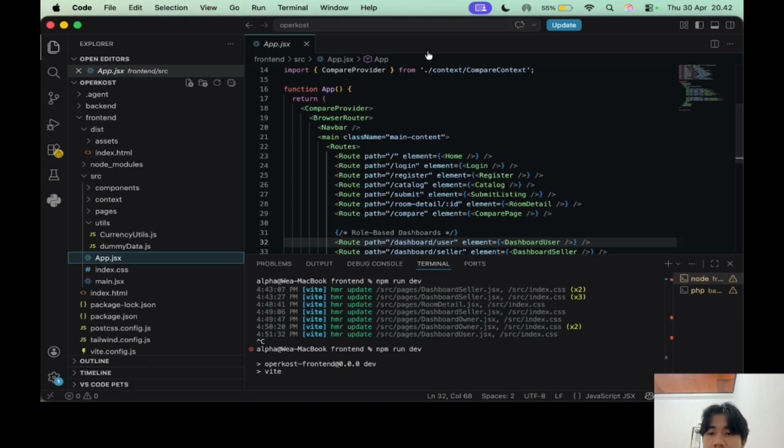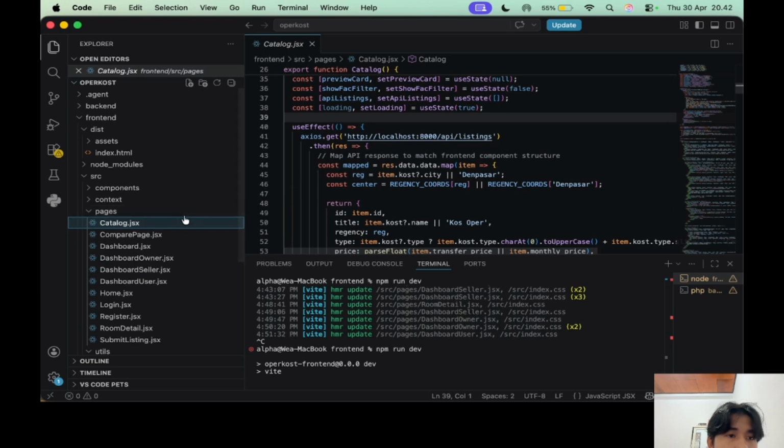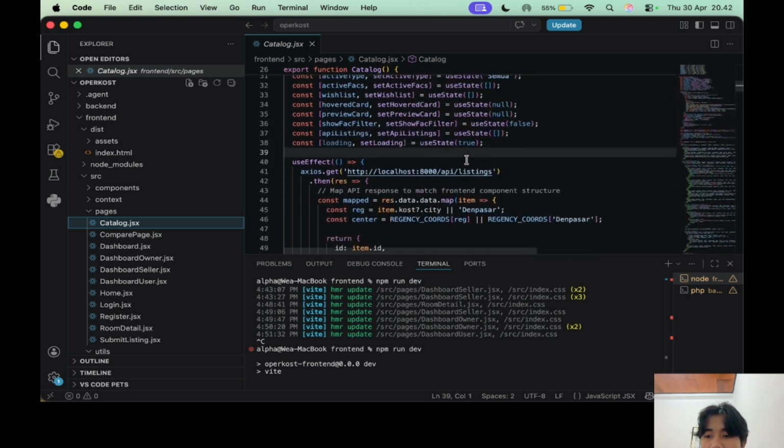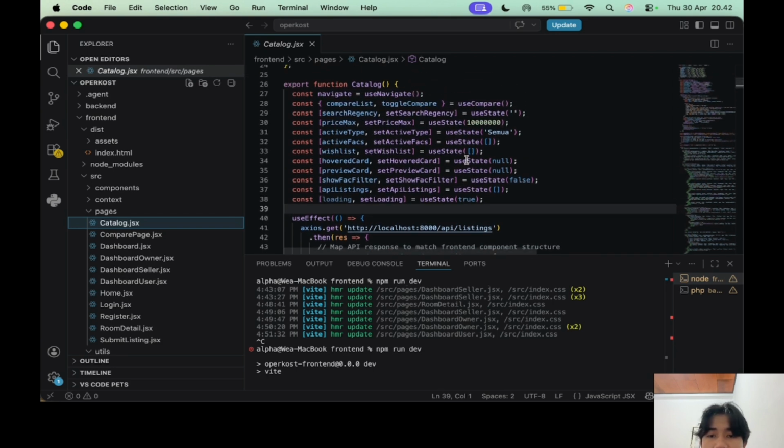Next are the pages and components, for example catalog.jsx. Looking at the page structure, the UI is highly modular. If we look at the catalog page, you can see that it is not built as one giant block of code. Instead it imports and assembles smaller reusable React components like Minimap.